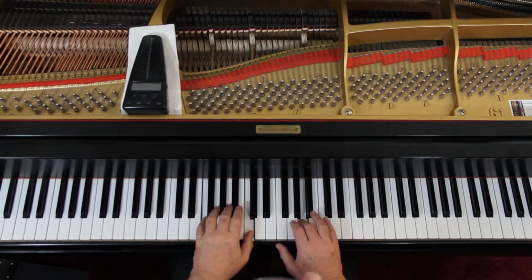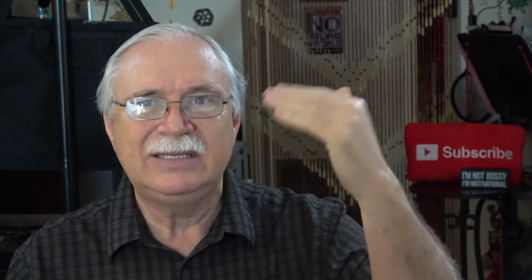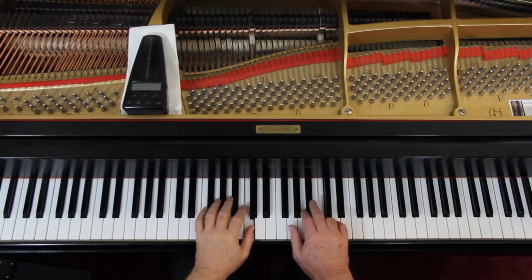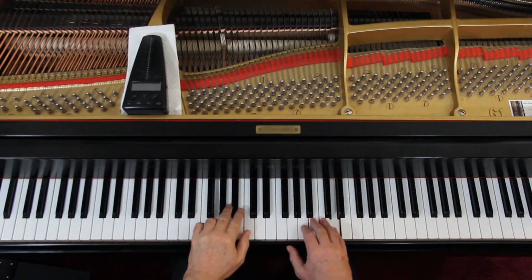Then you get to the 3/4 measure. Now you got to do 8, 7, and 6. Now you're going to play it 3 times. Then you go on and you go all the way down to the bottom. Then you're going to be on day 9. So you go back up and you do day 9, sing 9th, and then you get to the 3/4 measure. Now you got to go 9, 8, 7, and 6. Now you're going to play it 4 times. See, each time you're adding another repeat to that 3/4 measures because you got to cover every day you're on